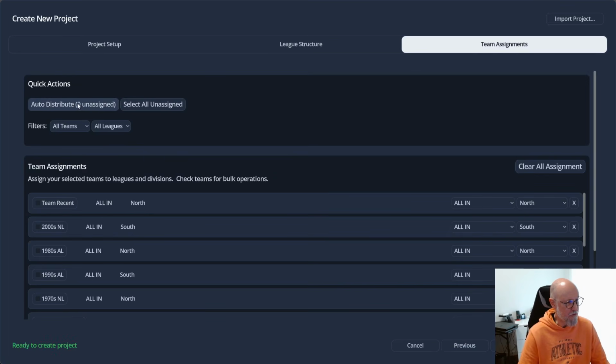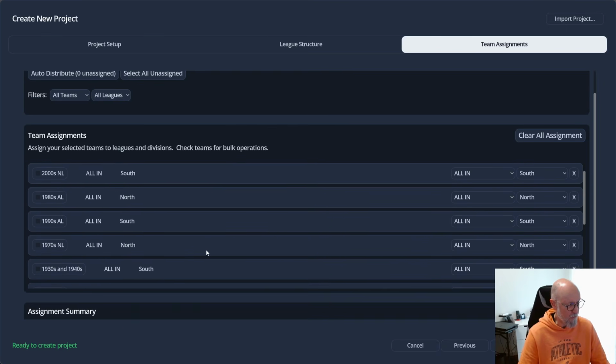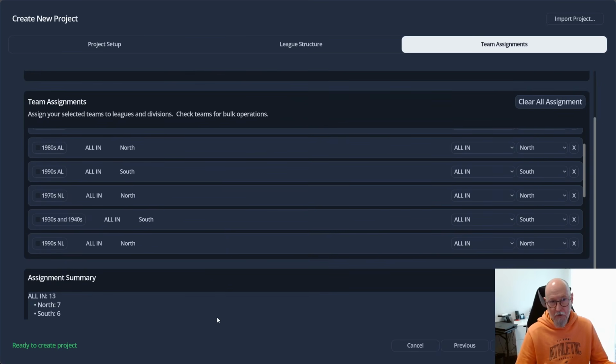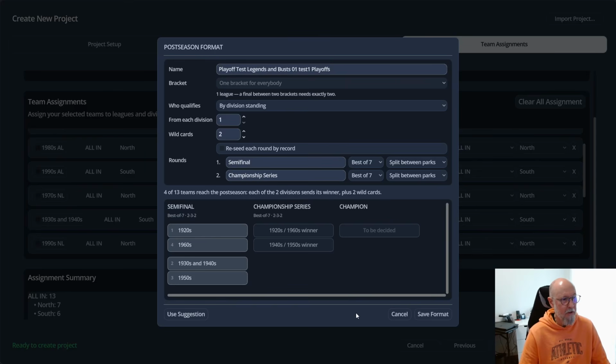And just for fun, we'll auto distribute them among all the teams, so we've got them all ready to go and can create. So at this point, what you currently have, you'd hit create project, and you're off and running. In this particular case, we have a new button called the postseason format. And if you click on that, it'll open up